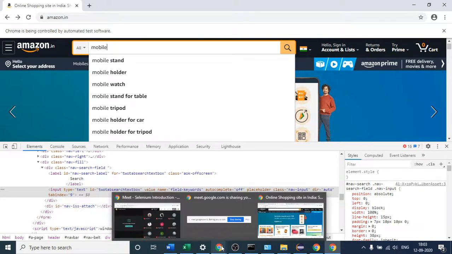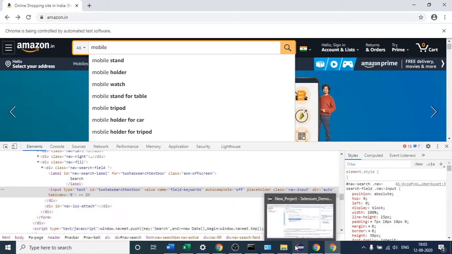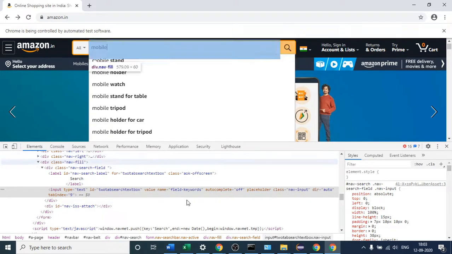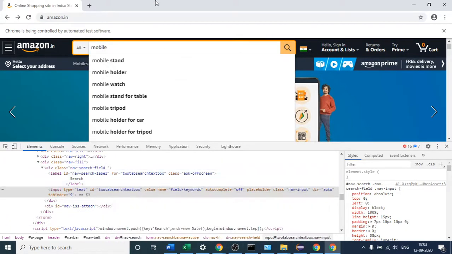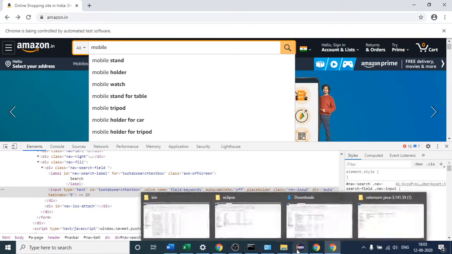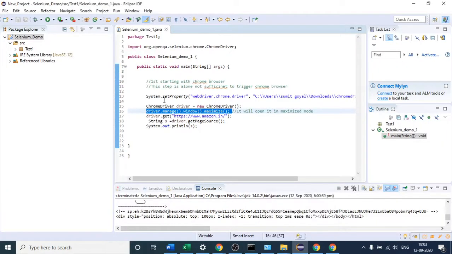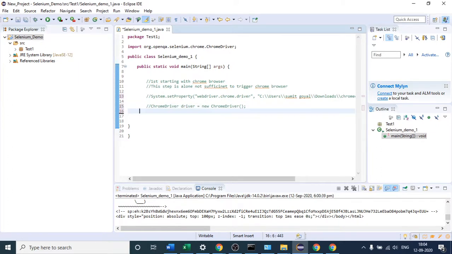Okay, thank you. So what do we have to see? As of now I have shown you only one browser, right? So let us do this activity in the Firefox browser as well. I have already told you about invoking Chrome, and this class is one separate test. If you have to invoke this on the Firefox browser, how are you going to do that? As of now, I am commenting this. Let me comment this as well, and I do not require this one, so let me remove this as well.